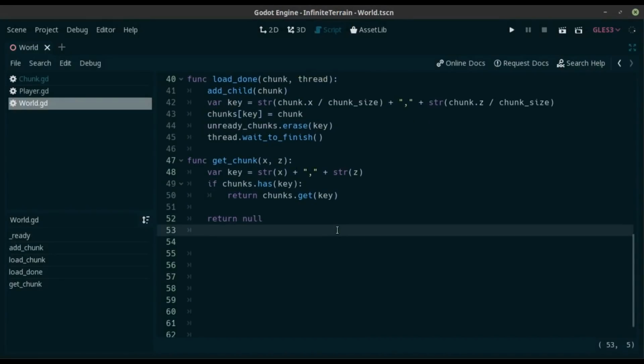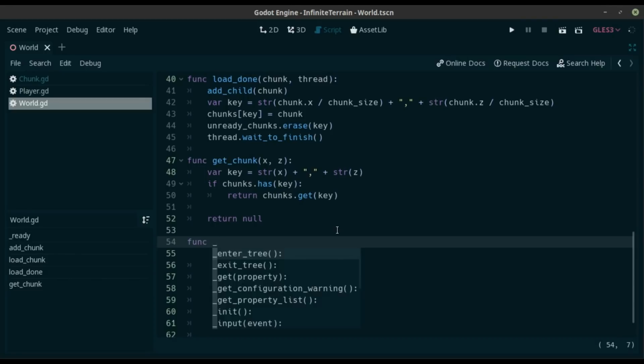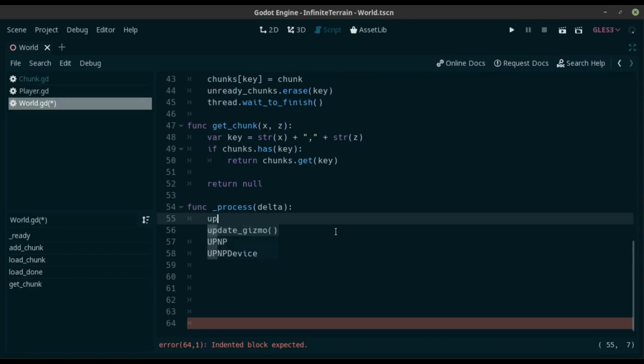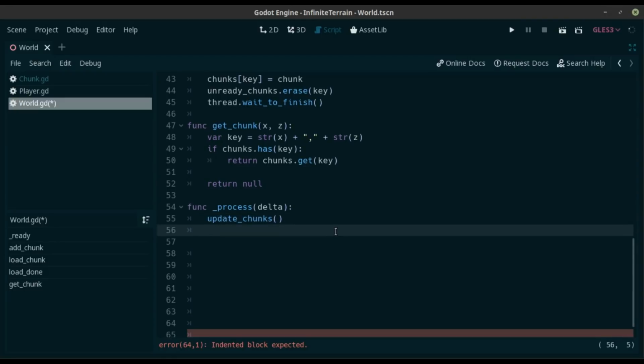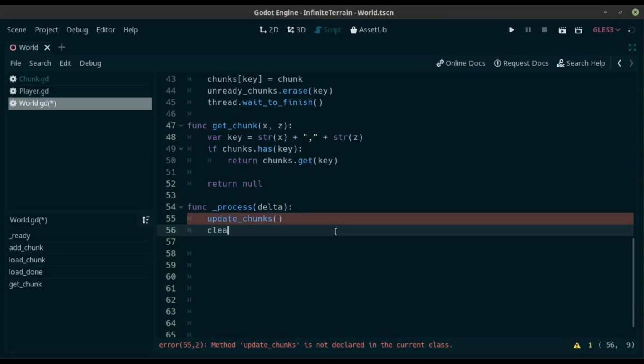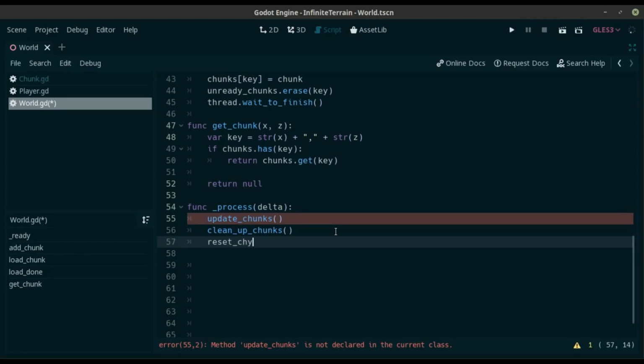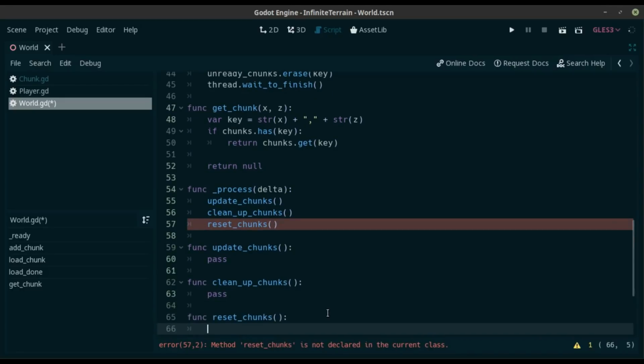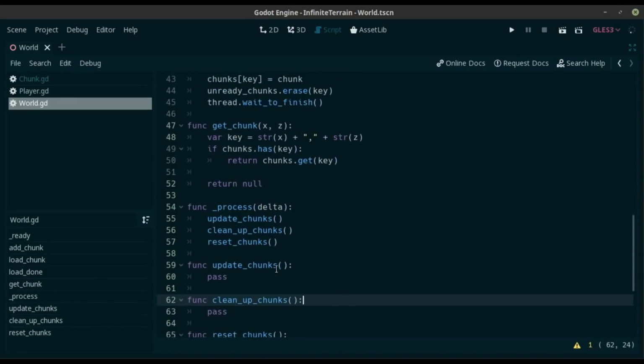So now for the process method. And this is where everything happens, okay? We'll create a function called update chunks. We'll create a method function called cleanup chunks. Also create a function called reset chunks. Alright, so for update chunks,